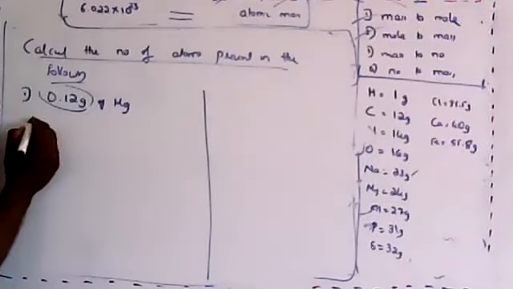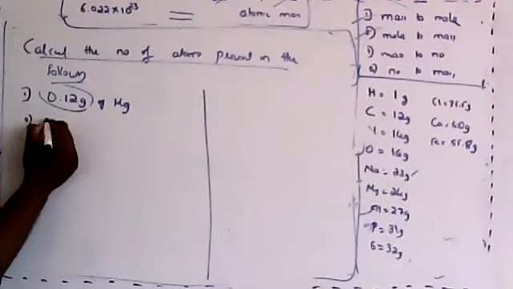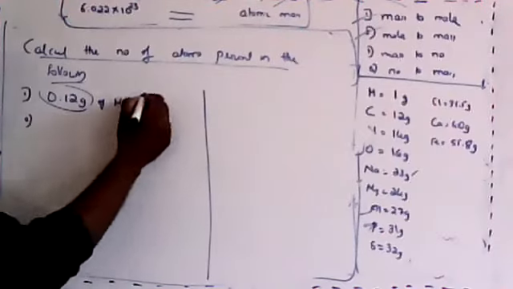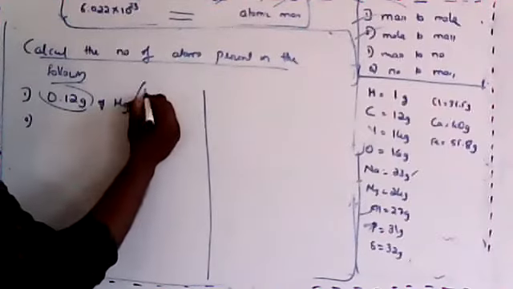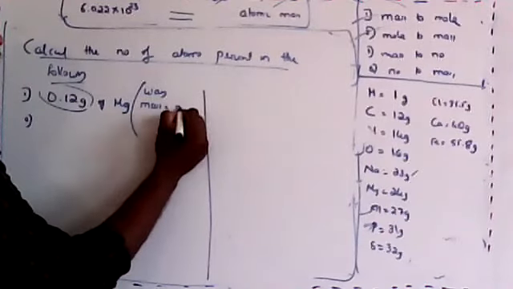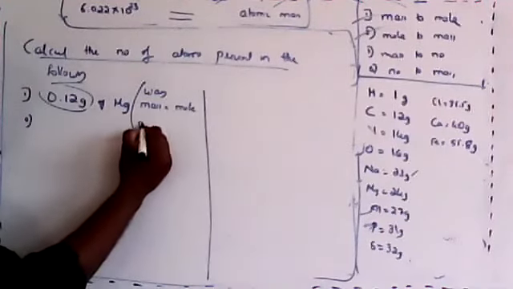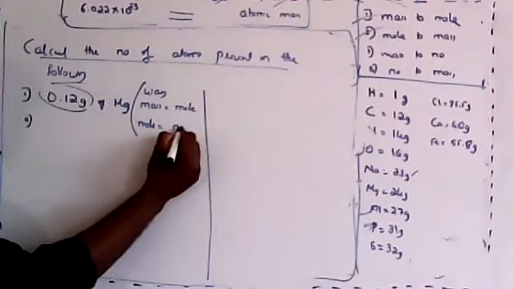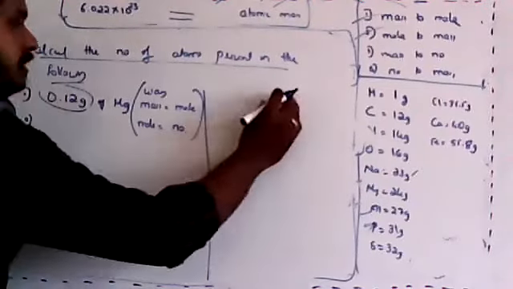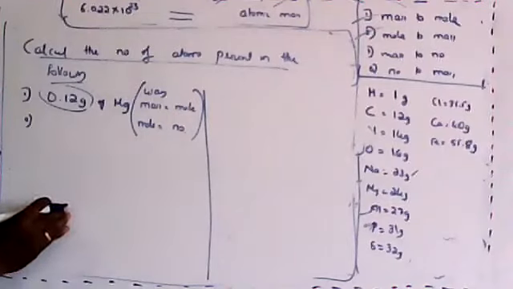This is the way. See here, the given mass is this much. Whenever you see this, I'll tell you the hint on how to calculate. Mass should be converted into the mole, then that mole should be converted into the number. This is the way. Let me do it this way. I'll tell you an easy way here, but the actual way is this.